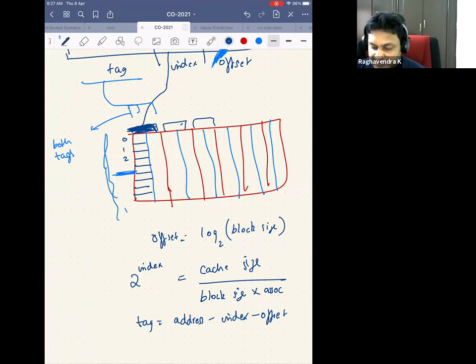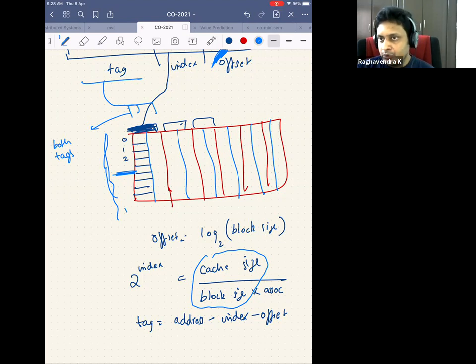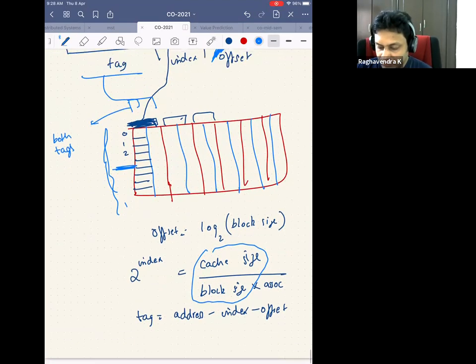All you're doing is dividing the cache size by block size, so you'll get the number of blocks in the cache. You're dividing it by associativity because you are grouping those blocks into a particular set, since they will be treated as one set. So if I have 100 people and I club 2 of them together, how many pairs do I have? 100 by 2. If I club 4 of them together and I ask how many groups of 4 people are there, then you do 100 divided by 4. So similarly, you are doing it with associativity. Okay, I hope this is clear. So we will go forward.